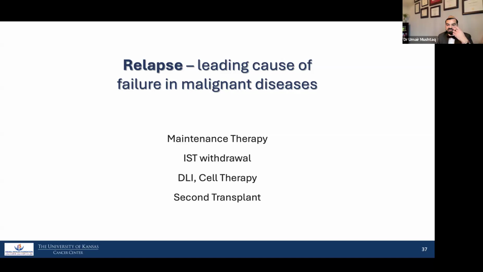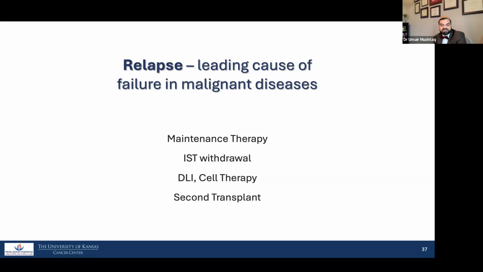So you can do maintenance treatment. Some diseases have targeted agents available for maintenance. Early immunosuppressive therapy withdrawal, as we are stopping tacrolimus at day 60, so patients are off immune suppression after day 60. So that's one strategy. DLI or cell therapy strategies, I think there is margin to conduct trials in this setting. And many of these trials, if you have the Miltenyi devices, can be conducted in Pakistan and developing country context. And we will hopefully be working on that in future.